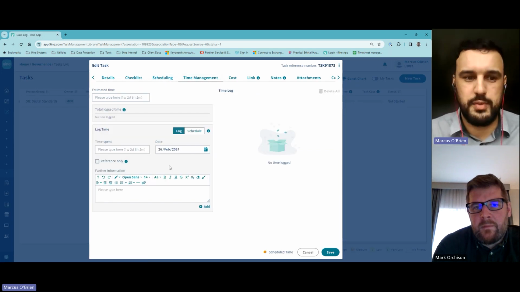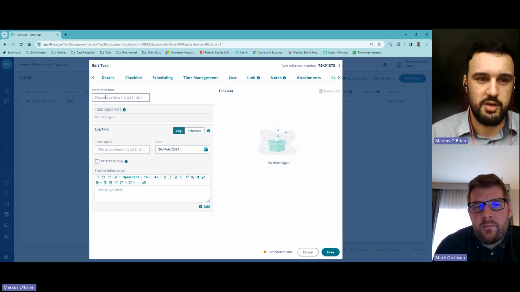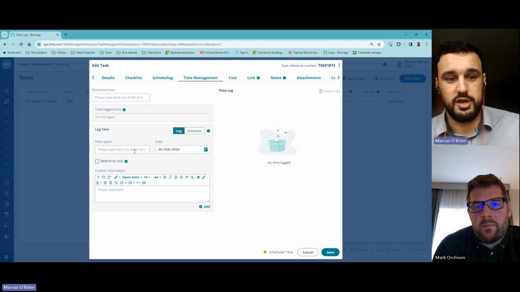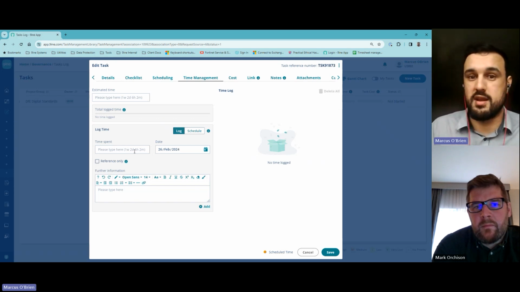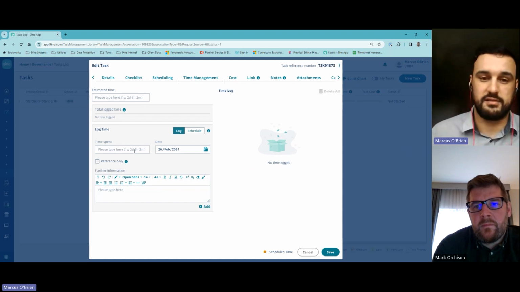But you can also manage people's time, how long you expect it to take. So you can add your estimated time here. And then any members of that task can also log their time on what they've done and how long they've spent on it and when. So you can then use it as a project management tool to provide effective reporting on who's doing what and